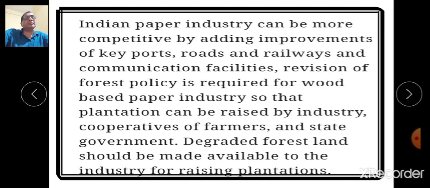Now let us see how the economic condition of the Indian paper industry can be improved.